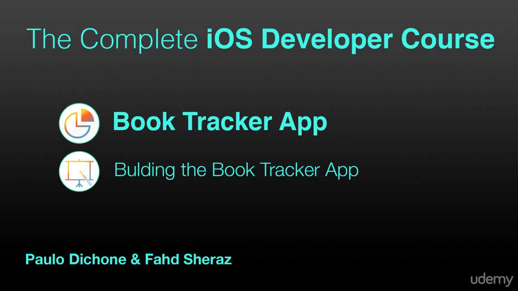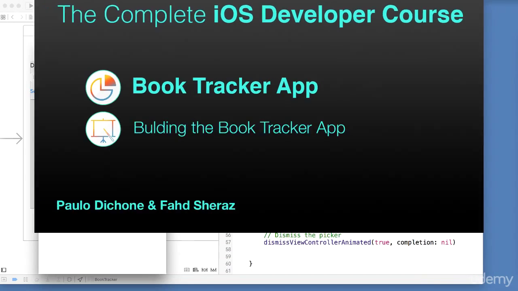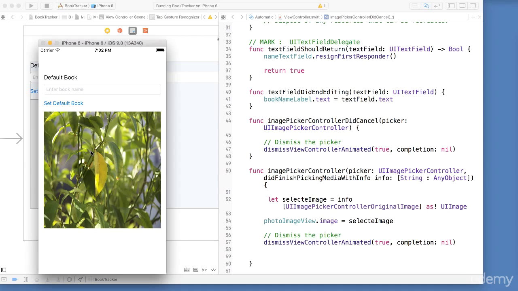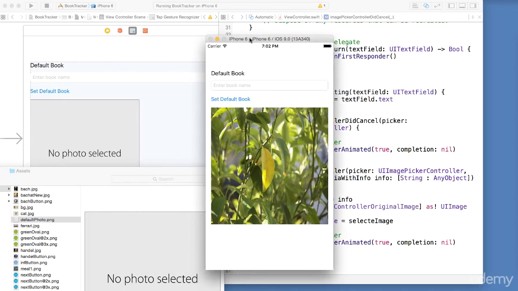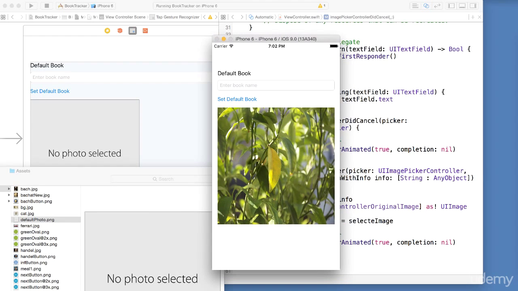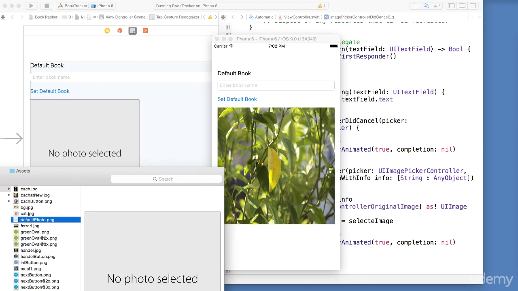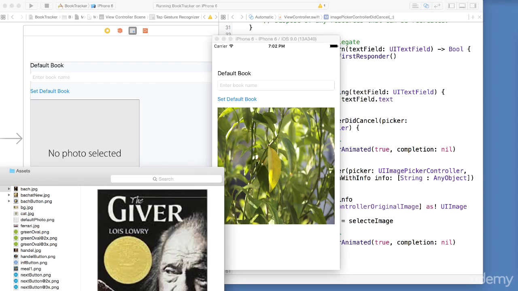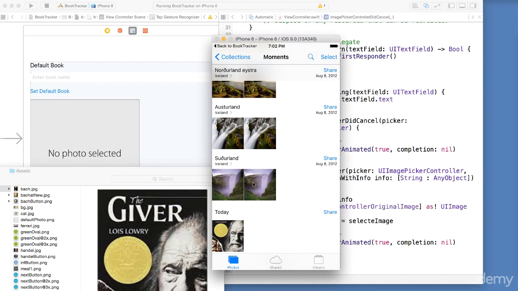The other thing I'd like to show you is how to add images to your photo library. So this is our simulator, right? I'm going to go ahead and get an image that I got from the internet called The Giver. So what you do, simply, you just drag it, and look at this, you can drop it inside of the simulator. Once you drop it there, you can see there it is.